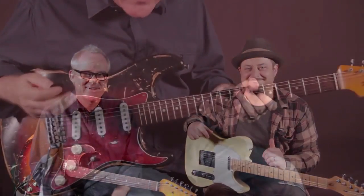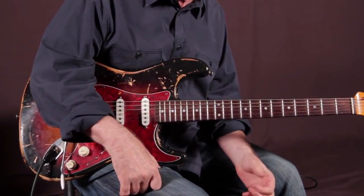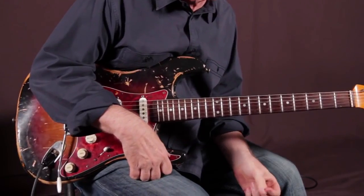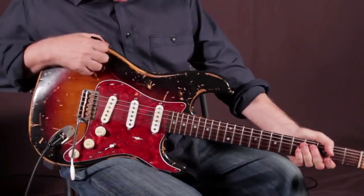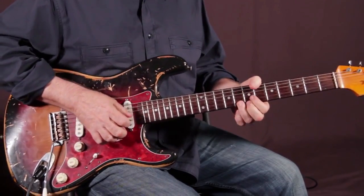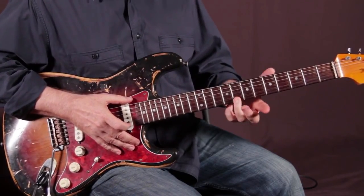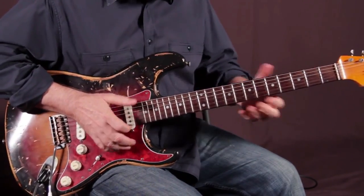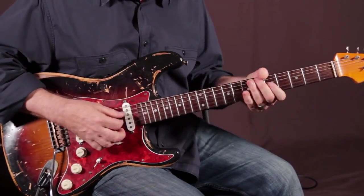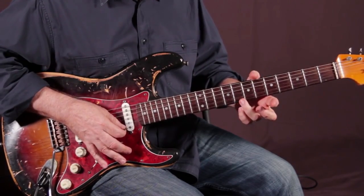All right. So I got 3 Hendrix-style riffs, 2 lead licks, and kind of a rhythm riff. I'm going to play it on my super old 3-year-old Stratocaster. Very badly beat up. See if we can get a sound out of it. The first lick requires a little bit of strength, and you're going to take your third finger up here on the 8th fret, and we're staying in A minor, which is a great place to stay. We're in this kind of position, the A minor blues position. But I'm going to go on the first string, the 8th fret, and I'm going to pull up with my